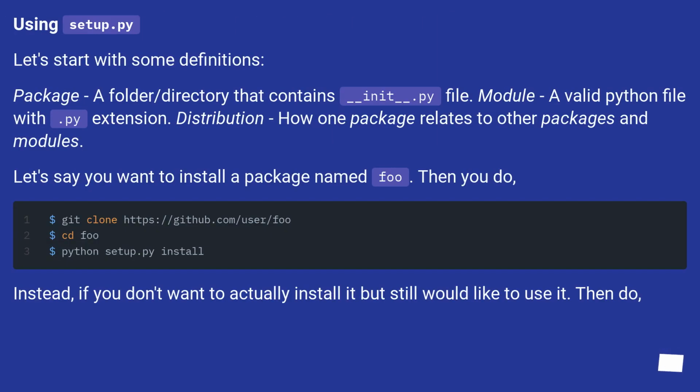Using setup.py. Let's start with some definitions. Package: a folder/directory that contains an __init__.py file. Module: a valid Python file with a .py extension. Distribution: how one package relates to other packages and modules. Let's say you want to install a package named foo. Then you do: